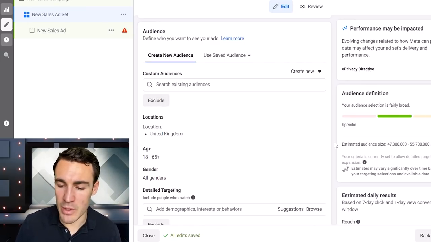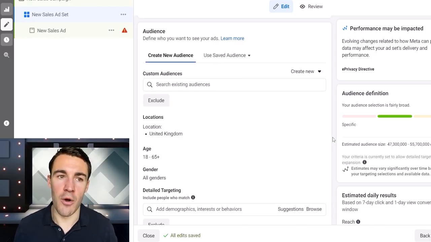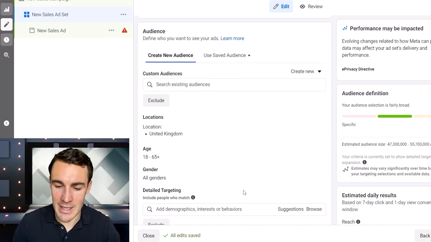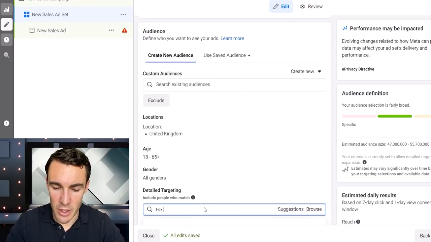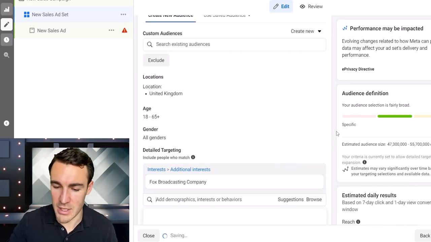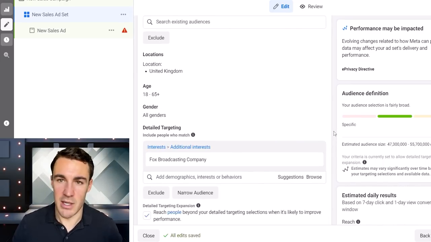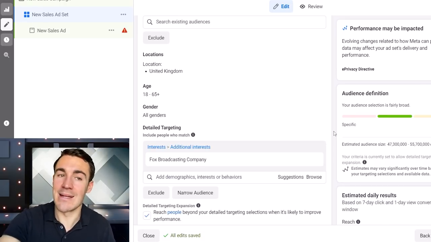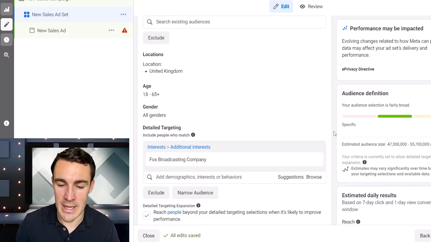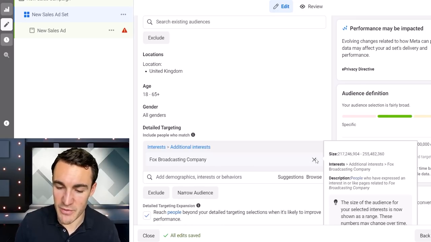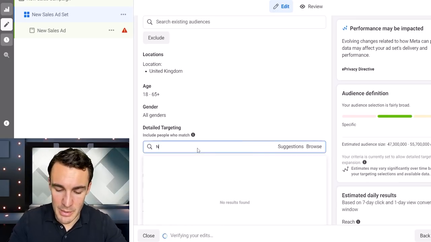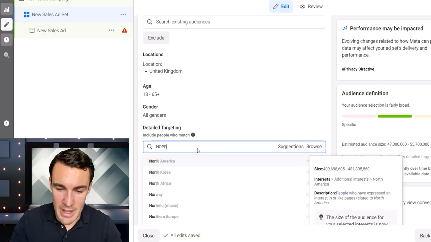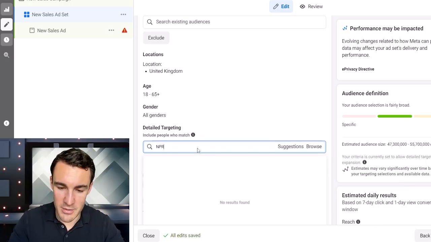If, for example, we wanted to reach people in the US of a more conservative political leaning, then you could go with something like Fox News, Fox Broadcasting Company in this case, okay? That's likely to be the people that are more likely to have that political leaning than other targeting options. If we wanted to do the opposite, you could probably put in something like NPR, if I can spell it right.